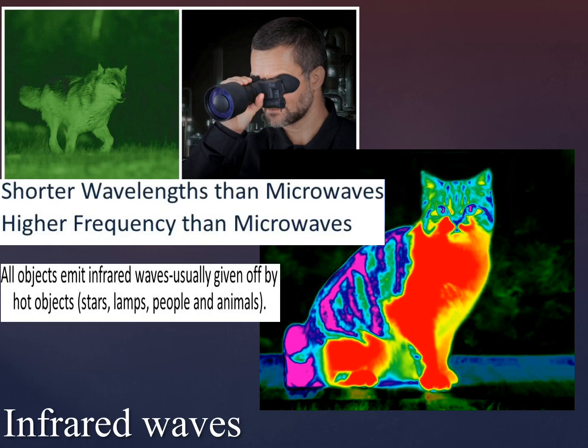Also, you cannot see infrared waves, but there's a device that can be used to detect infrared waves. For example, we have infrared binoculars. How does this device work? It basically changes the infrared waves into light so you can see. Such binoculars can be used to watch animals at night. The picture that you are seeing right now is taken with a film that is sensitive to infrared waves.